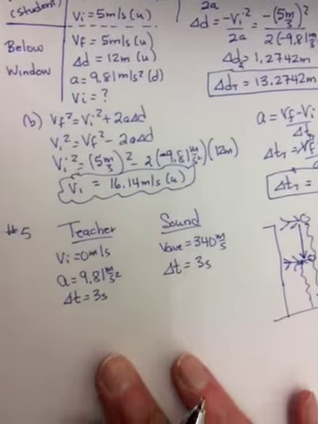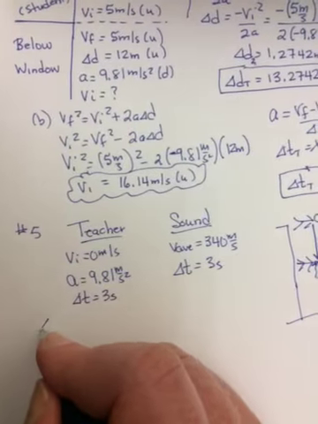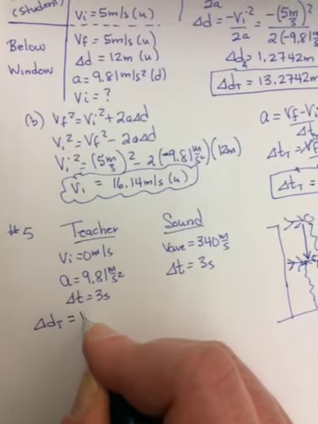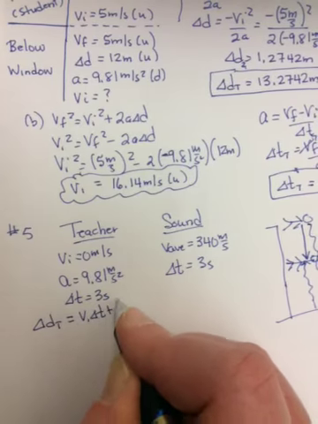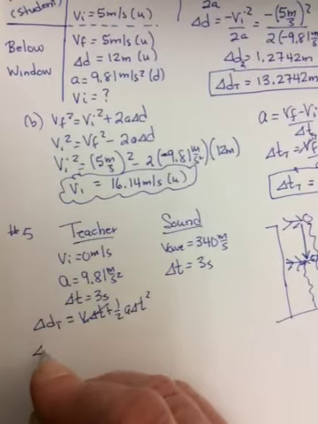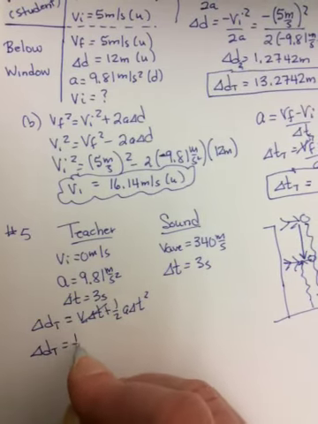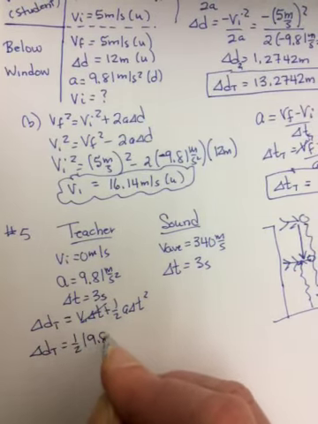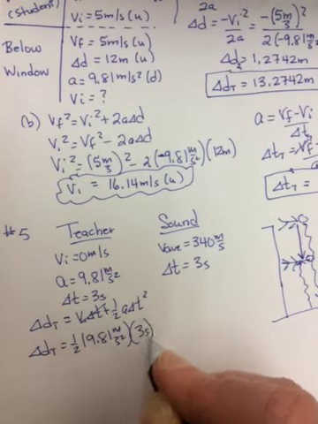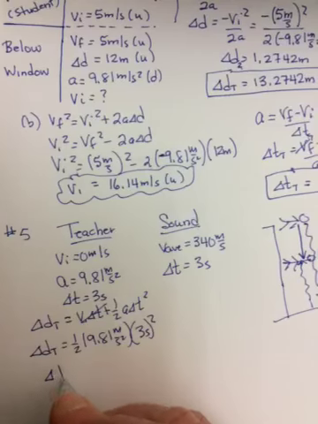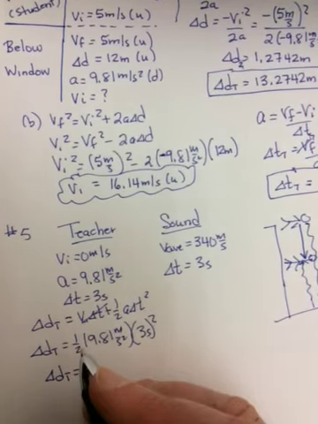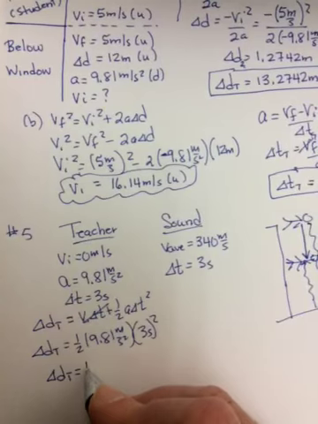And so with those 2 times, we can find out how far each traveled in that time. So delta D of the teacher is VI delta T plus 1/2 A delta T squared. The VI goes to 0. So delta D of the teacher is equal to 1/2 times 9.81 meters per second squared times 3 seconds, which gets squared. So the half of 3 seconds squared is 9. Half of 9 is 4.5. Multiplied by 9.81, you get